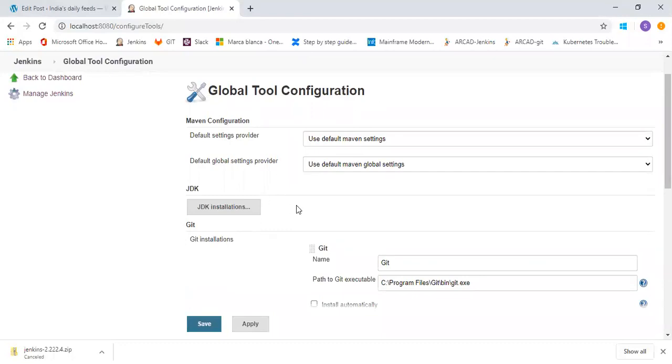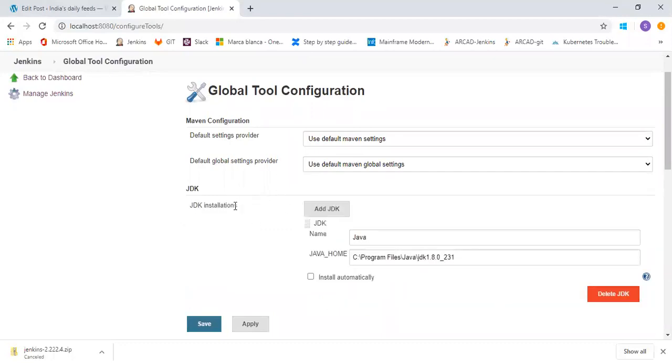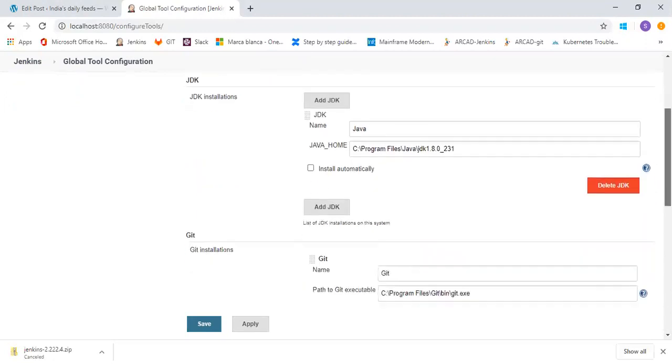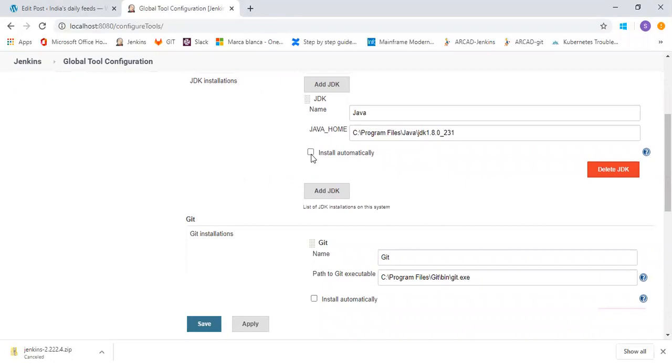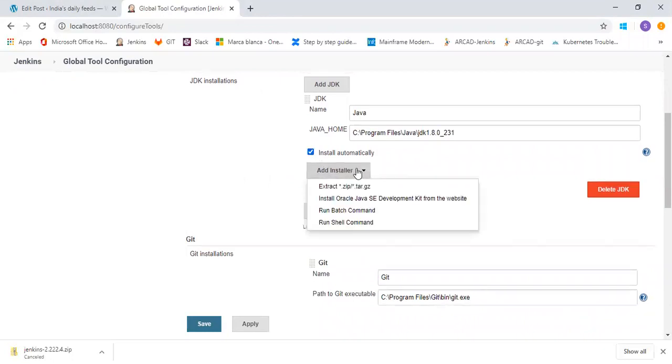Here you can see JDK. Once you click on JDK installation, you can add your JDK path over here. If you don't have any Java installed in your system, then you can click on install automatically, and it will install from one of the options here.